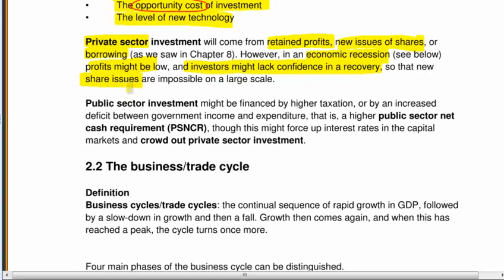But it's not only private sector firms that invest, is it? It's also the government, again, as we've already seen, buying roads, building roads, schools, hospitals, so public sector investment. Now, how does the government afford it? Well, by raising taxation or by borrowing money. Okay, and if they borrow money, that means they've got a deficit. There's a deficit, a gap between the income that they're raising in taxation and their expenditure. Now that gap is known in this country as the public sector net cash requirement. Okay, the gap between the revenue that the government is receiving from taxation and their expenditure.